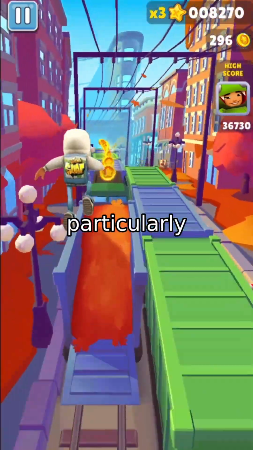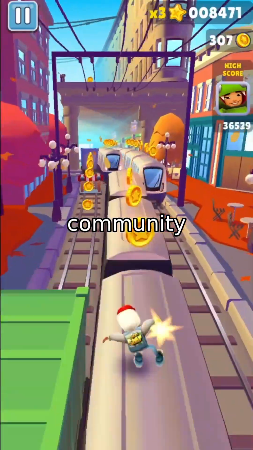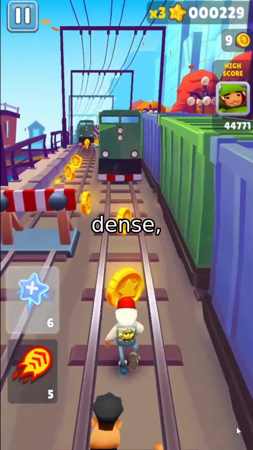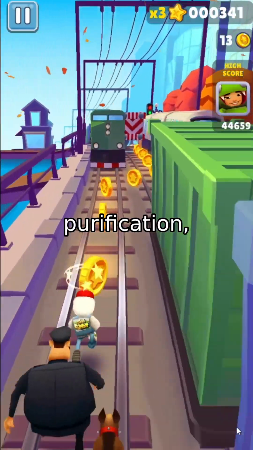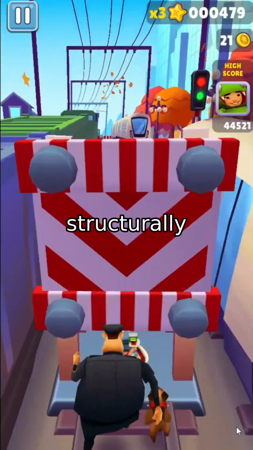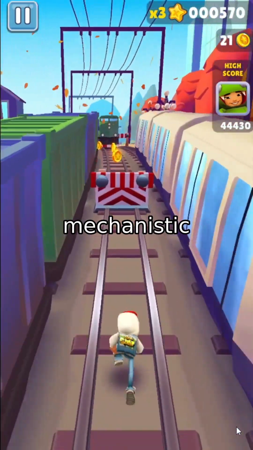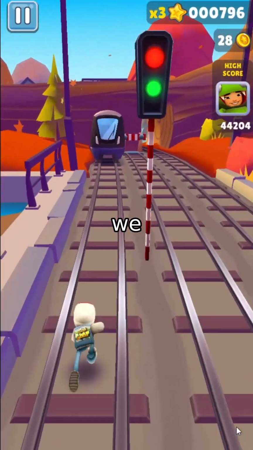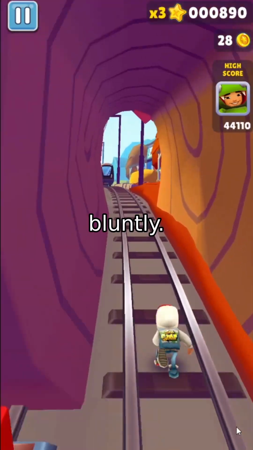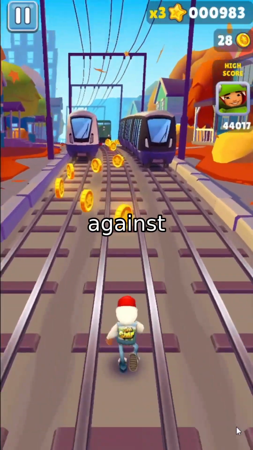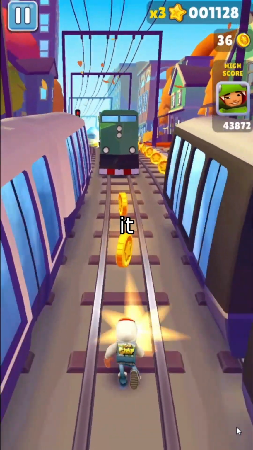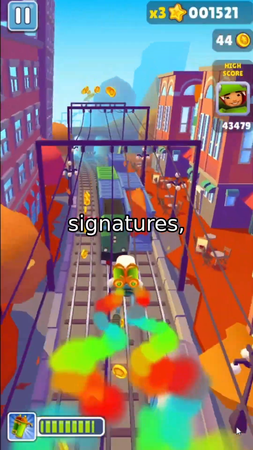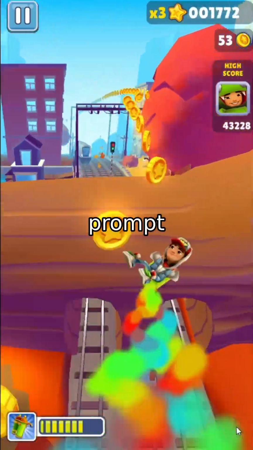What makes this work particularly valuable for the broader AI safety community is how it reframes defense. Instead of treating adversarial examples as dense, global corruptions that require global purification, it recognizes that attacks are structurally sparse. By leveraging mechanistic interpretability to locate the exact embedding tokens that carry the adversarial signal, we can neutralize threats surgically rather than bluntly. This approach doesn't just protect against known attack vectors. Because it relies on gradient-based attribution of internal representations rather than attack-specific signatures, it generalizes to unseen prompt injection objectives